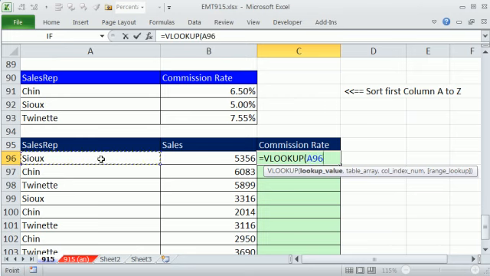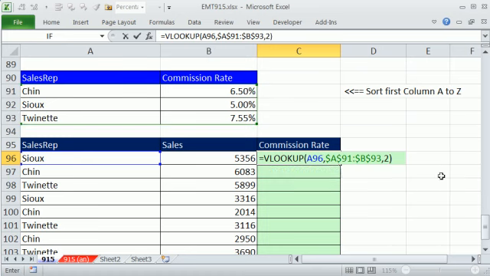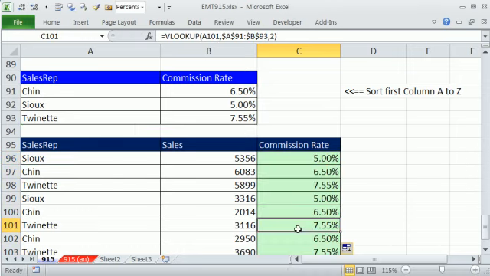So I'm going to look up the name, comma, the table, F4, comma, second column has the value I want to return, so I type a 2, and I just leave it. The default for this, if I leave it out, is approximate match. Why can I do that? Because that's sorted. Whenever you can sort, sort. Double click and send it down, and sure enough, we retrieved for Twinette